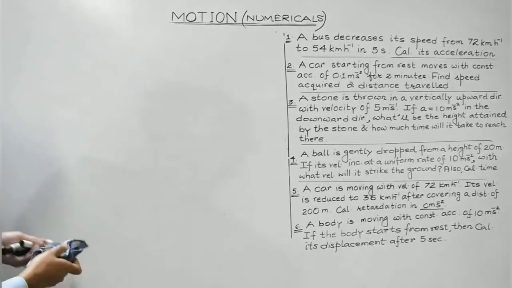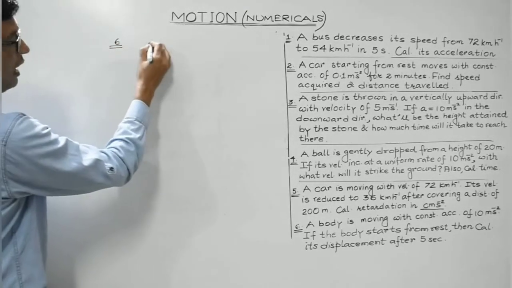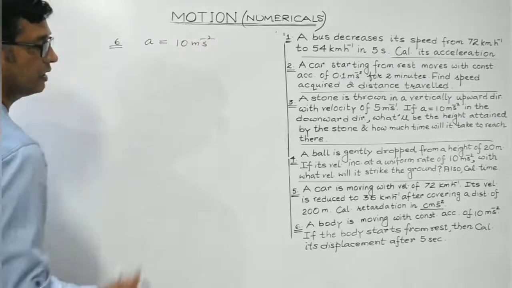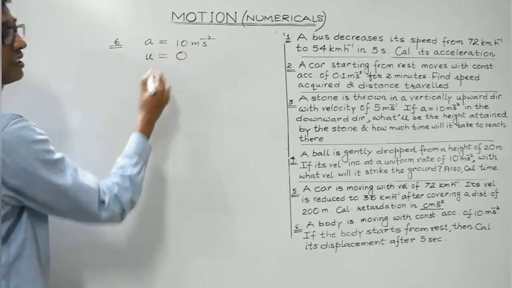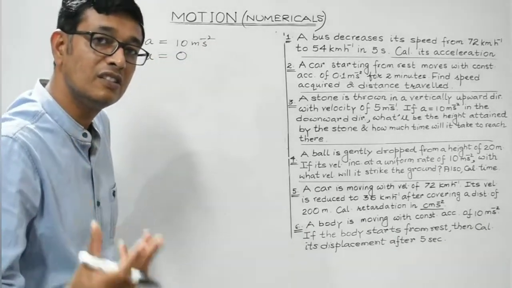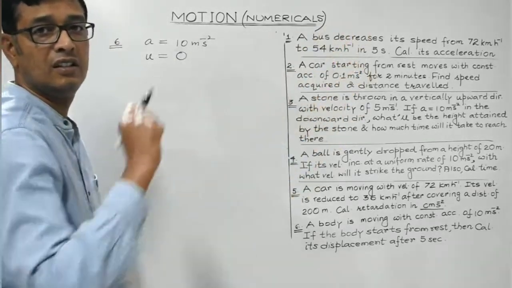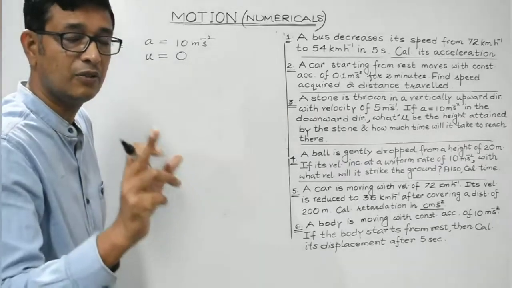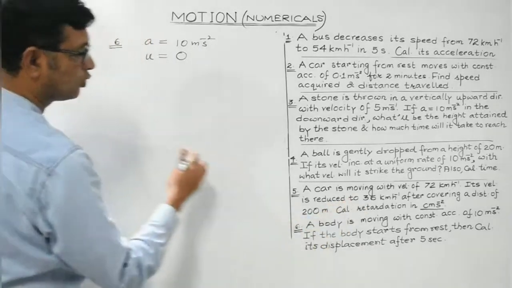A body is moving with constant acceleration, which is given to be 10 meter per second square, right? If the body starts from rest, so students, when a body starts from rest, it means that its initial velocity is 0. Earlier it is at rest, then it is converting its state from rest to motion. So if a body is starting from rest, initial velocity is always 0. Then calculate its displacement